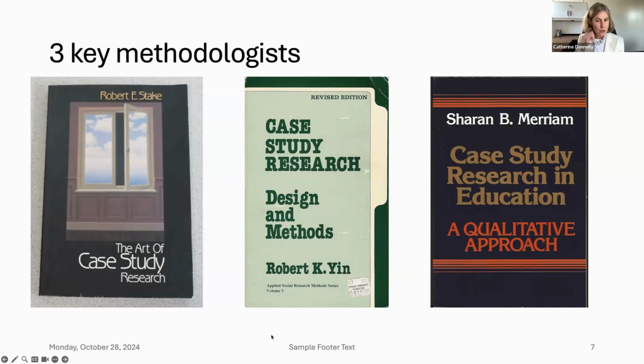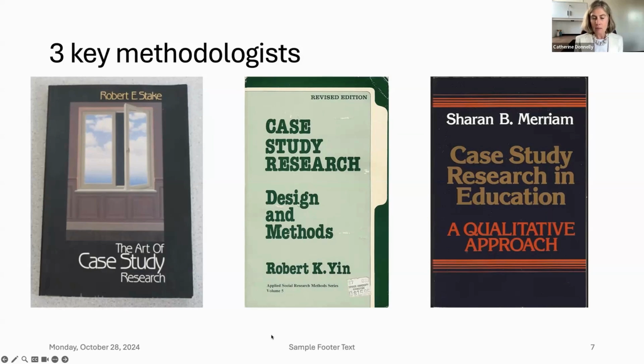If you are new to case study research, or even if you're an expert, it's worth checking all three out. Each comes at it in quite different ways. I would say it's kind of like the three bears. You've got Stake, who's very, very qualitative and much less descriptive in his approach. He even describes research as starting whenever you decide you're ready to start. Whereas you've got Yin, some would call him a post-positivistic researcher. I would say he's more